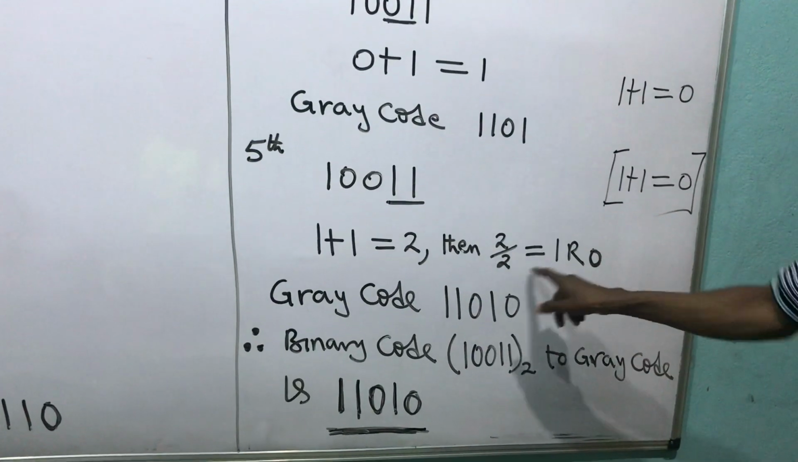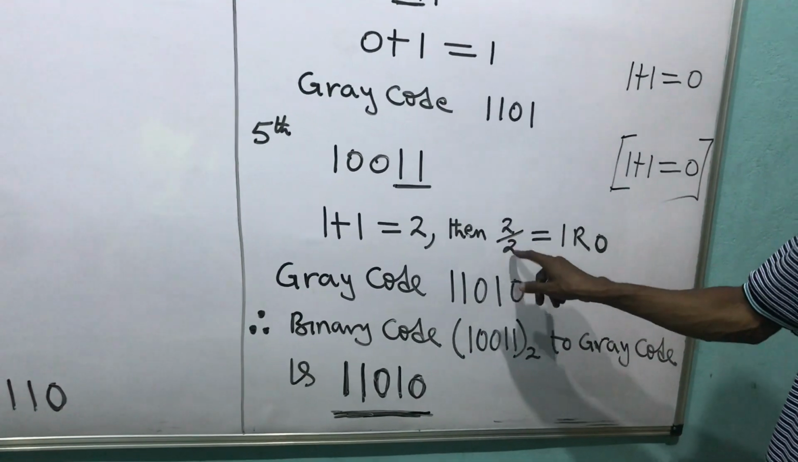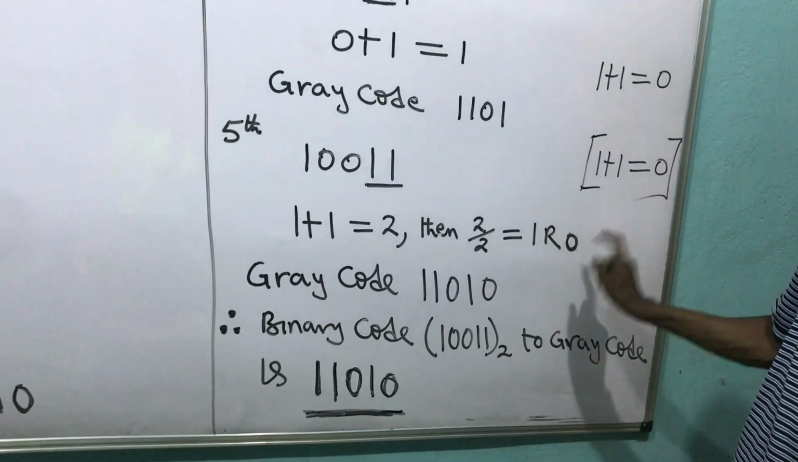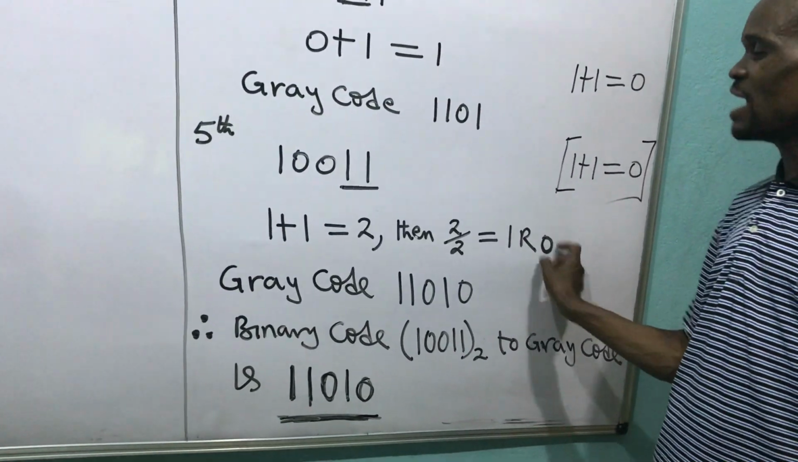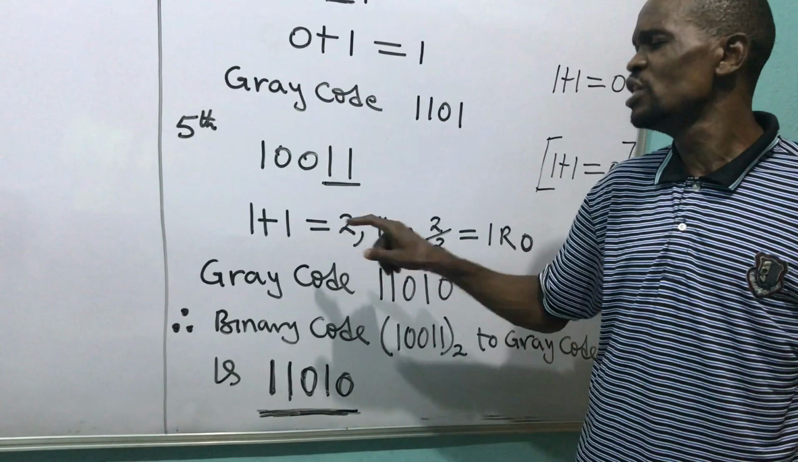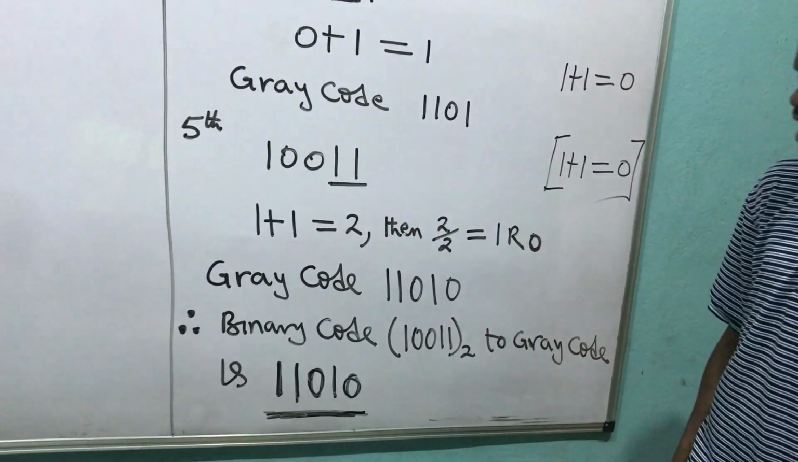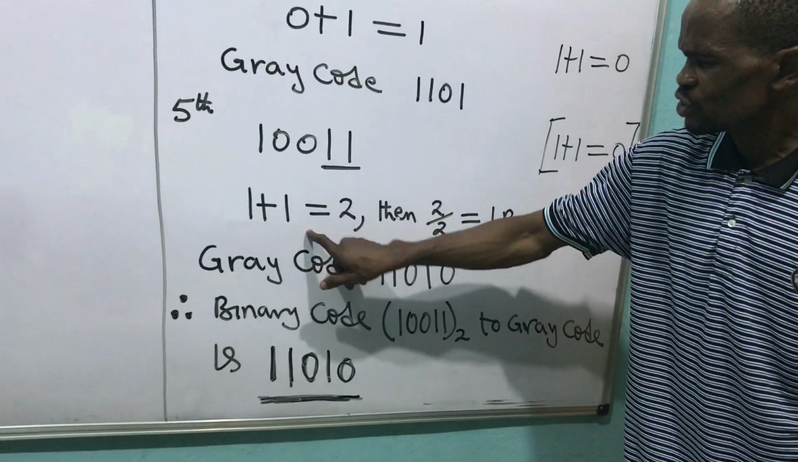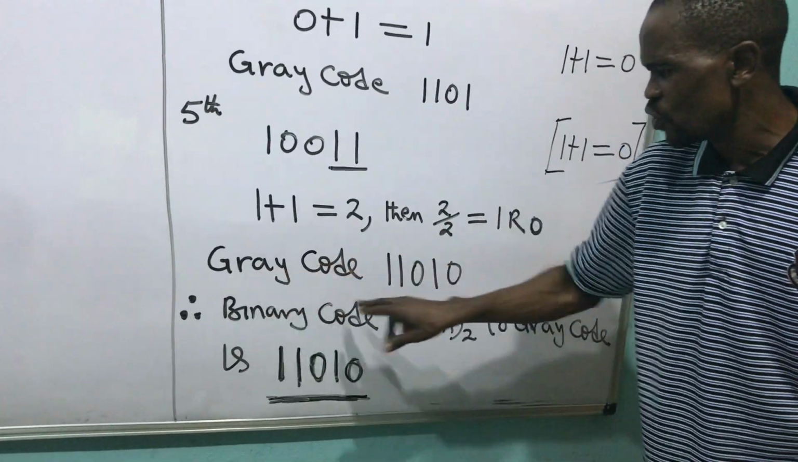0. Remember how we get it to be 0. 2 divided by 2 will give me what? 1, remainder 0. This 0, remainder is what I needed here. That means that 1 plus 1 in base 2 is equal to what? 0. Are you going to say that? 1 plus 1 in base 2 is equal to what? 0. My gray code now becomes